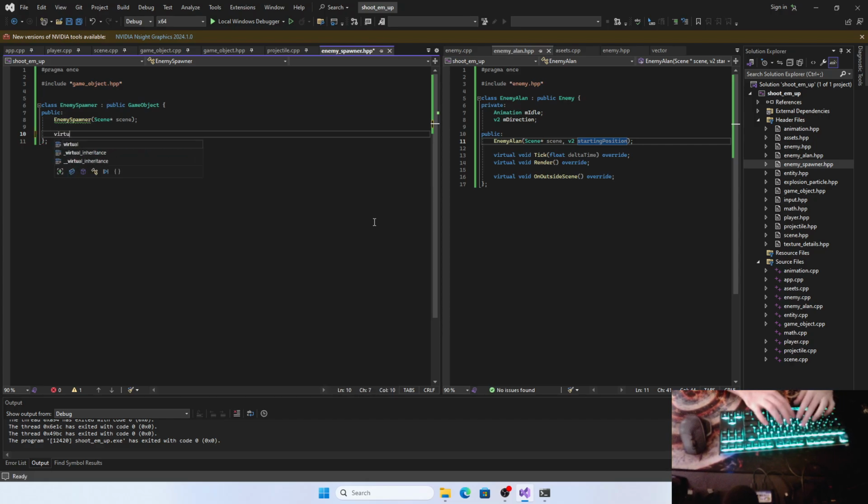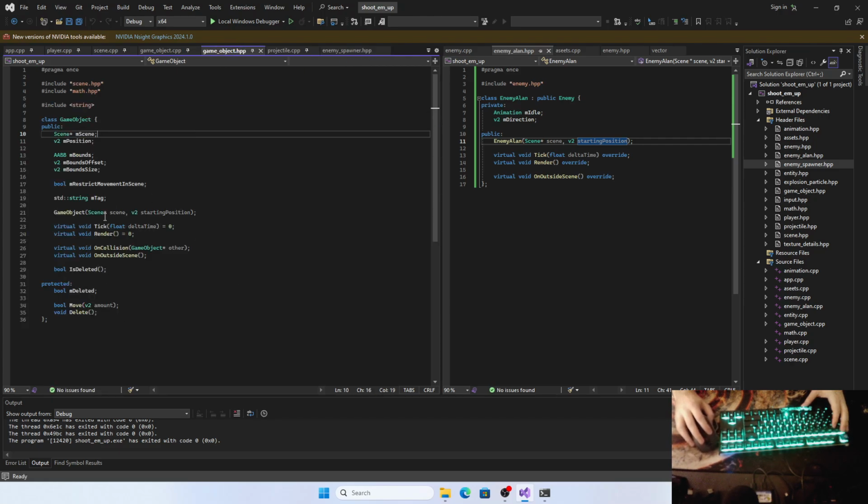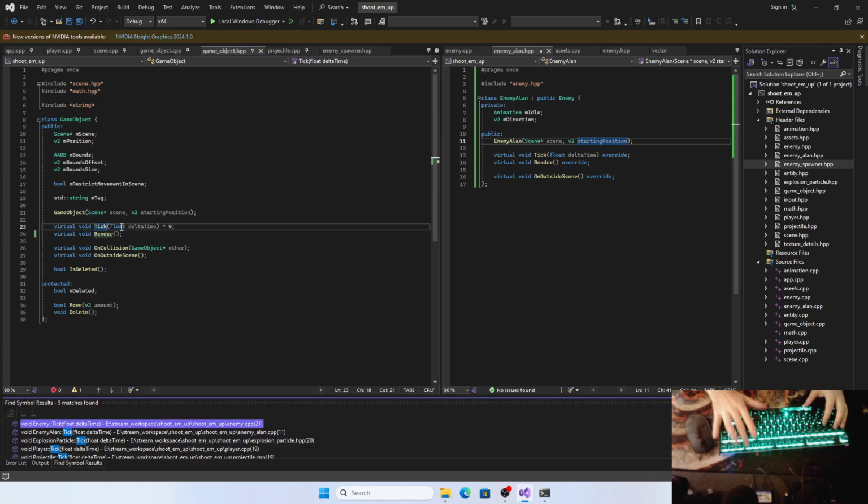We have virtual void update in here, with delta time. Obviously we're gonna override this bad boy. The render function is actually gonna be empty. And you know what? We should make it possible to be empty by default. So in here, our render function doesn't have to be pure virtual. We can just make it virtual. And